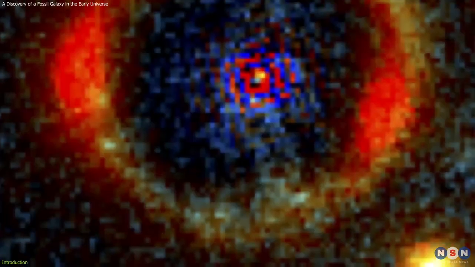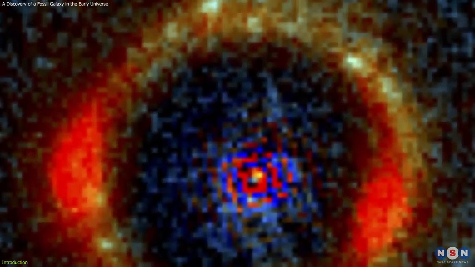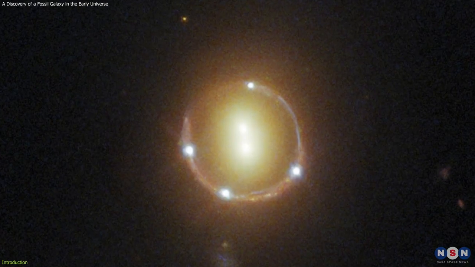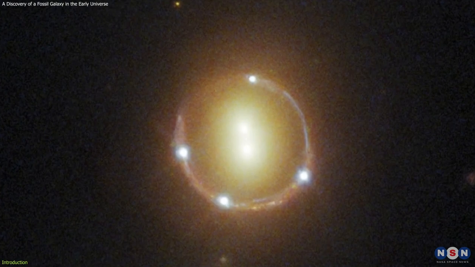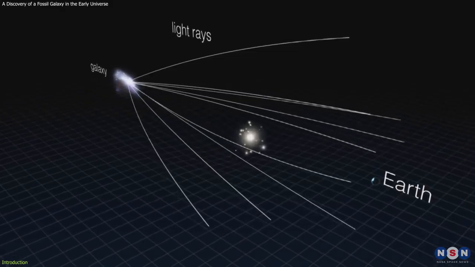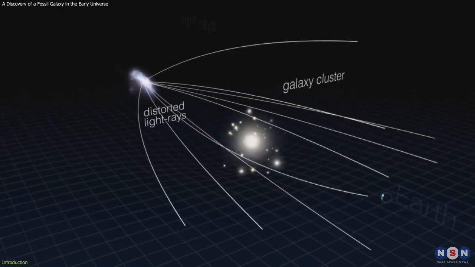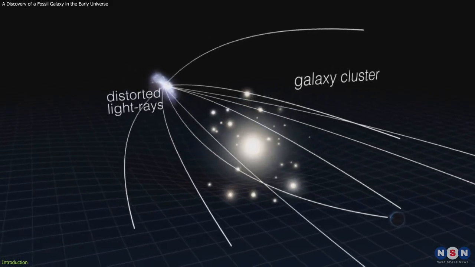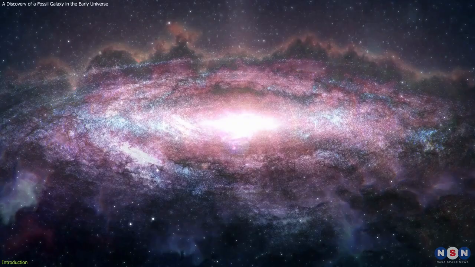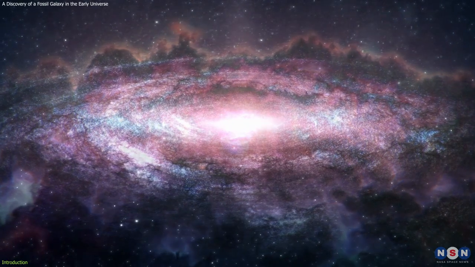galaxies. This galaxy is surrounded by a complete Einstein ring, which is a rare and spectacular phenomenon of gravitational lensing, where the light from a distant galaxy is bent and magnified by the gravity of a closer galaxy. But this galaxy itself is not only stunning to look at, but also has profound implications for our understanding of